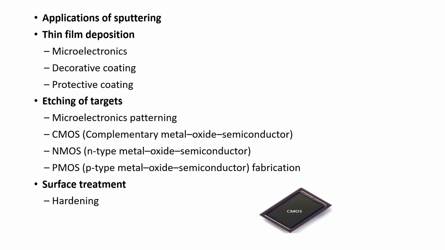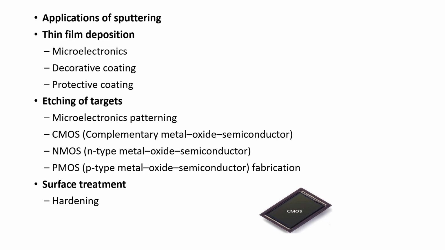Applications of sputtering: thin film deposition. The major function of sputtering is to deposit a very thin film. Microelectronics: in microelectronics, various semiconductors are used and these semiconductors are deposited as thin films. Decorative coatings, protective coatings, etching of targets, microelectronics, patterning,